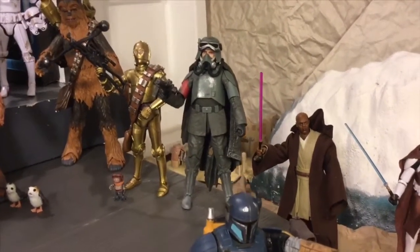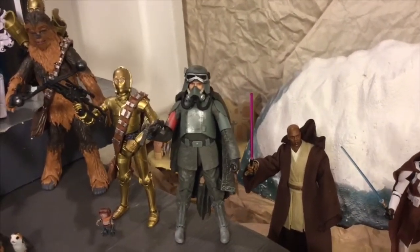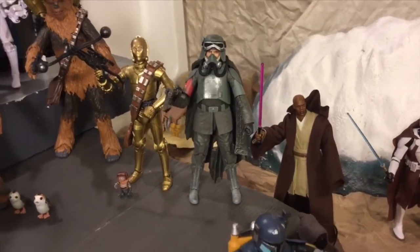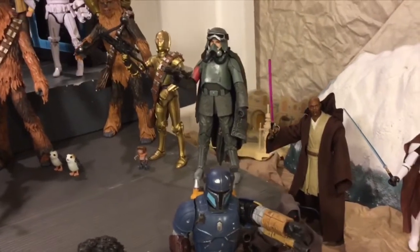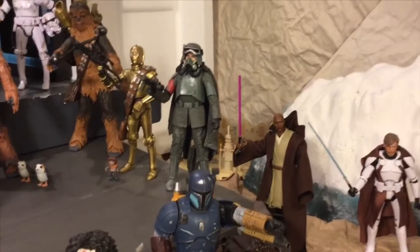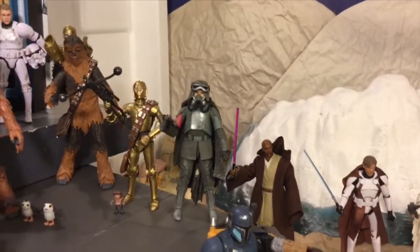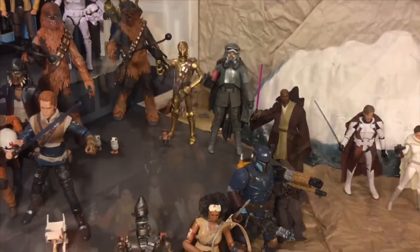The gear is very nice. The accessories, the mask, which is removable, the goggles, helmet, very awesome. Comes with the weapon, cape, lots of accessories, very awesome figure. And that is why he came in at number 8, the Solo Mimban Mud Trooper. Very, very cool. At number 7,